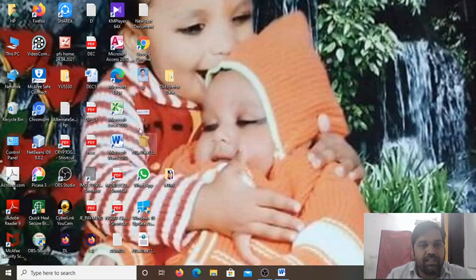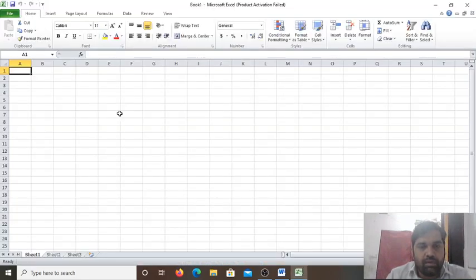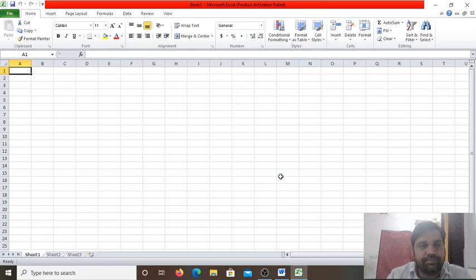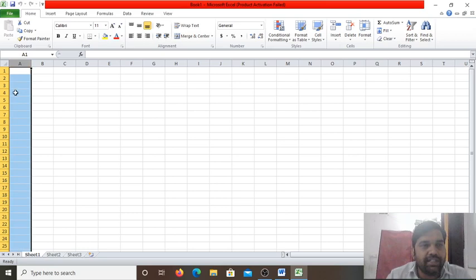This is Microsoft Excel 2010, which is present on my desktop. So I will open it, and today I will create a spreadsheet and write a compound formula and a simple formula in the cell. So see, this is the spreadsheet and this is called the column header, and when I click on this, the entire column will be selected.